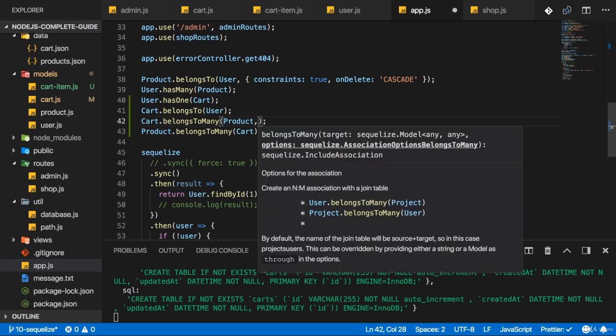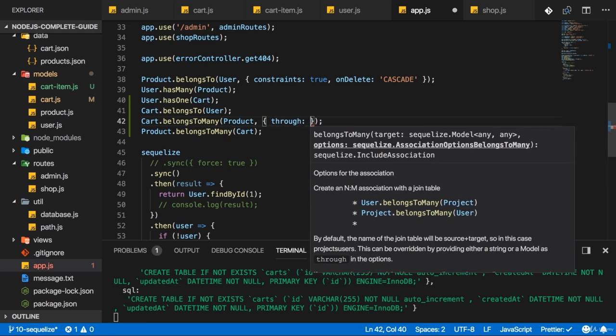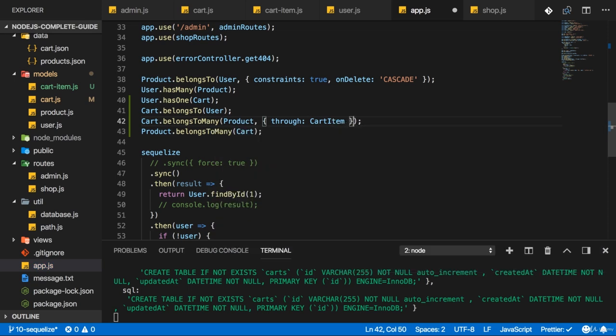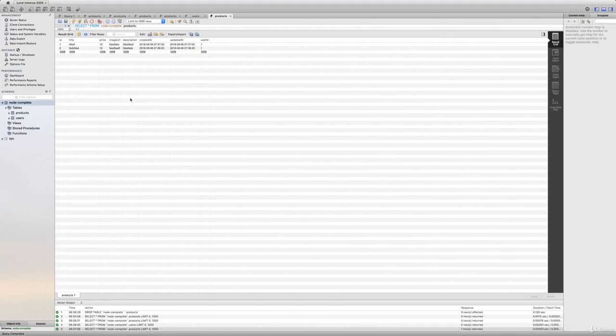I add a second argument to belongs to many, and there we add the through key, telling Sequelize where these connections should be stored. And that is my cart item model. So I'll add that to both belongs to many calls here. So now we got this set up here, and therefore, now we should have all the setup we need. If we now, again, temporarily, set force to true to ensure that we do recreate all tables as required,